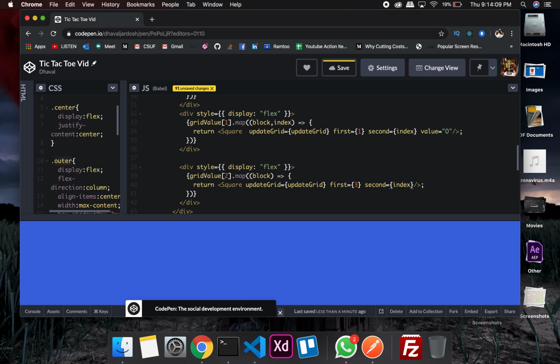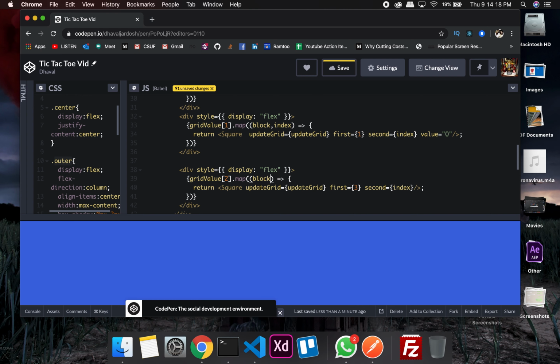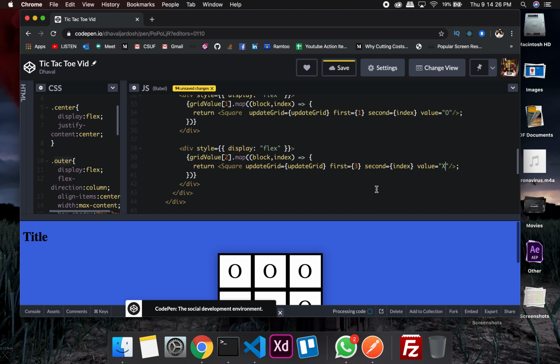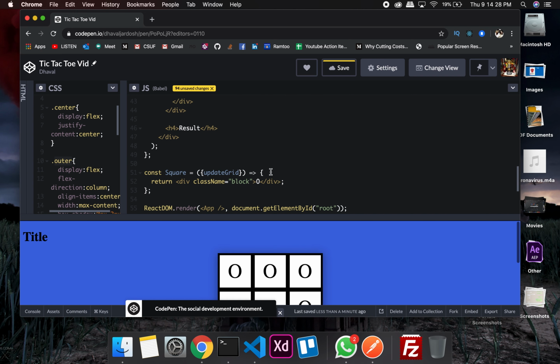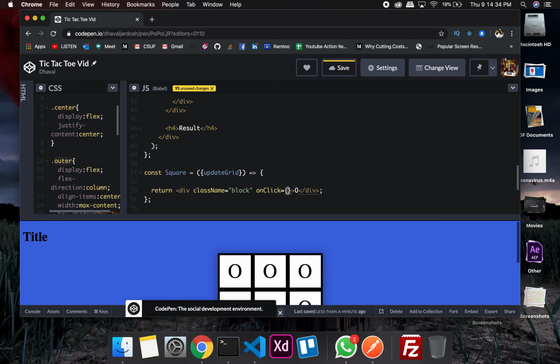Alright, so if we don't have index at this point, I'm going to create index. It's not supposed to be block, we'll have something different there, but index it is good, and value we'll just have x. So based on this, I'm going to have on click here,